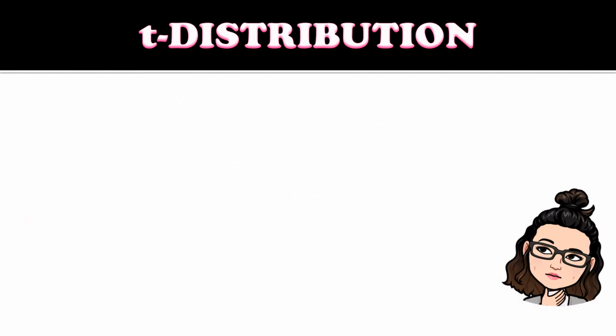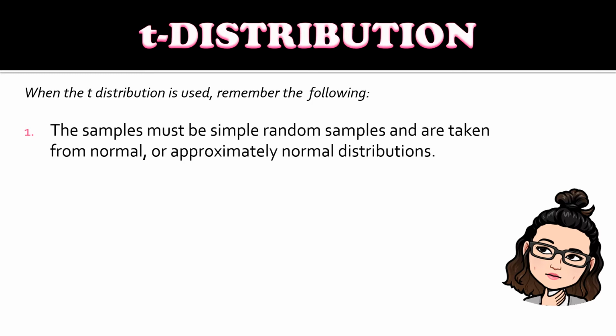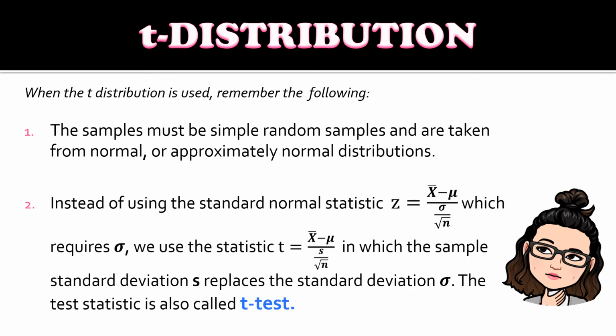When the t-distribution is used, remember the following. The samples must be simple random samples and are taken from normal or approximately normal distributions. So instead of using the standard normal statistic z equals sample mean minus population mean divided by the standard deviation of the population over the square root of the sample size, which requires the population standard deviation,